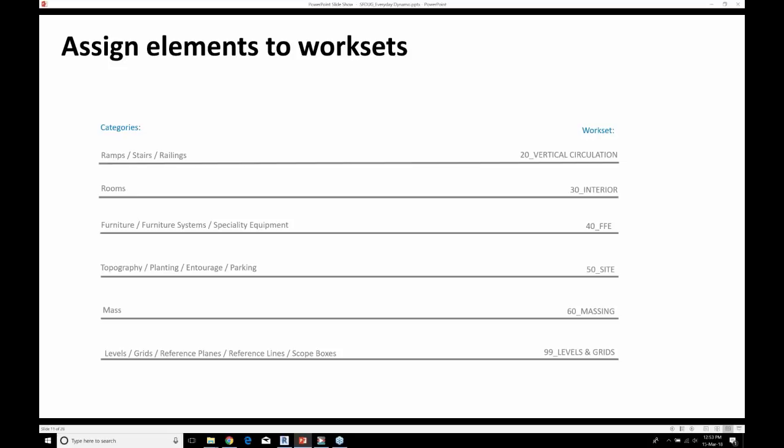What it's looking for is any element of the category ramp, stairs or railings. We assign it to vertical circulation, rooms to interior, furniture to FF&E, topography and entourage onto site. That's all pretty standard. There's no real ambiguity as to which element belongs on which workset.